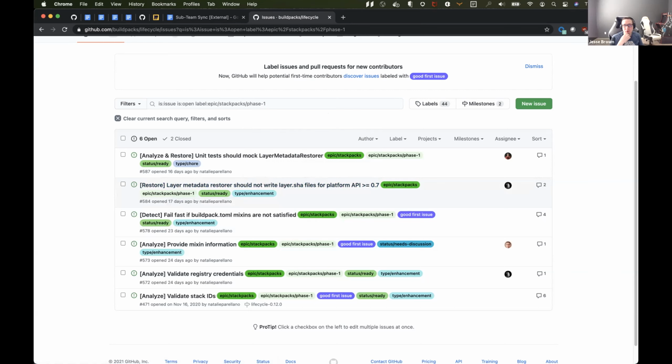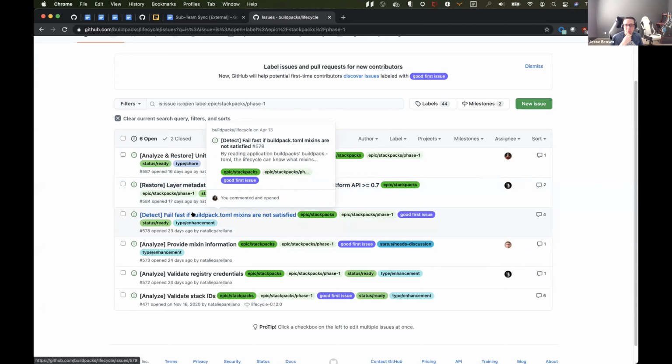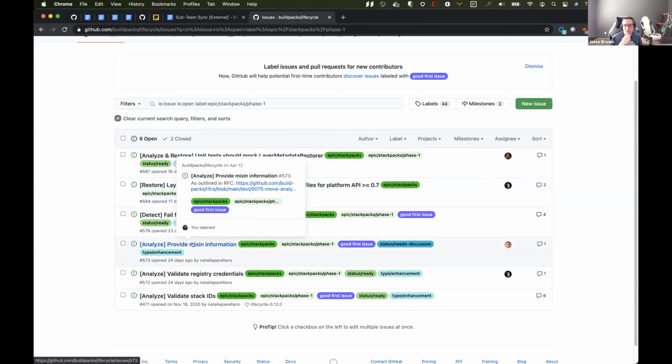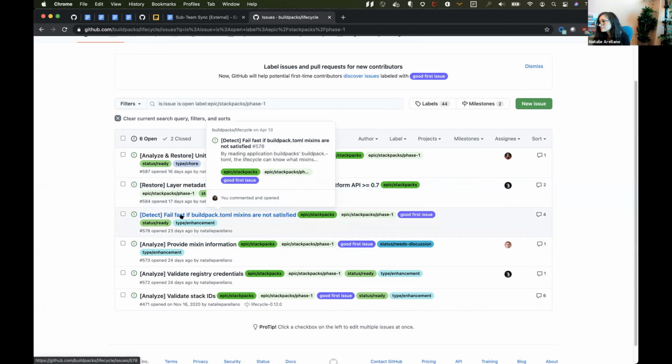Yeah, I think the third one is blocked by the fourth one, right? I think Analyze needs to do the missing information before you can start on the fail on that, I believe. Can we start working on this, at least with some unit tests and without testing it? I would think so, right? If the format's clearly defined. Yeah.